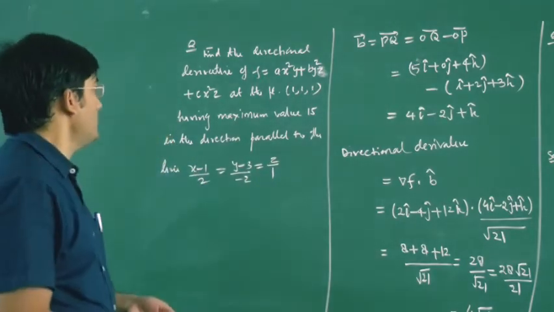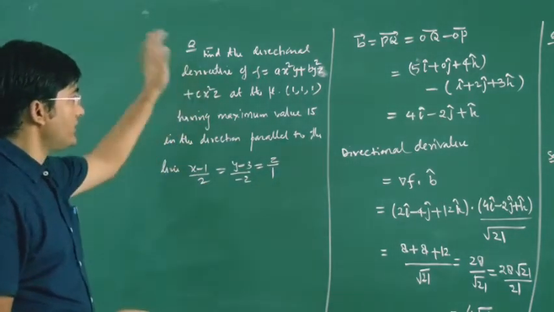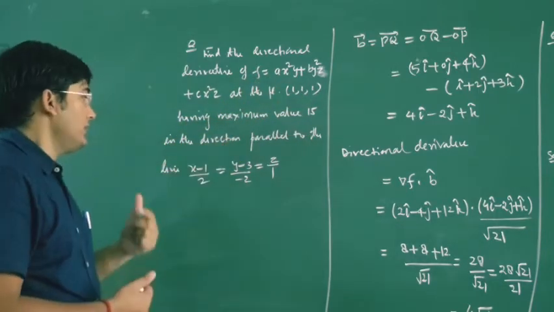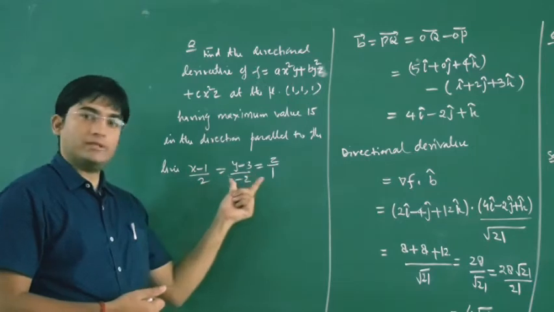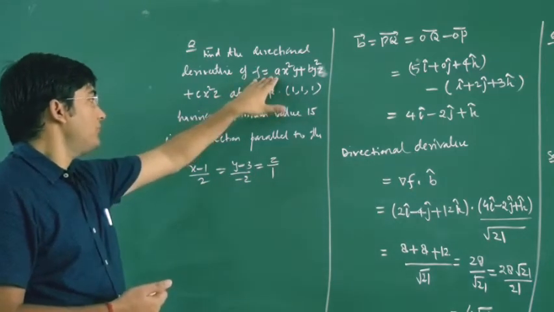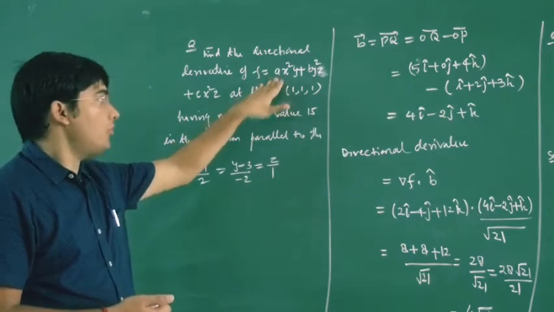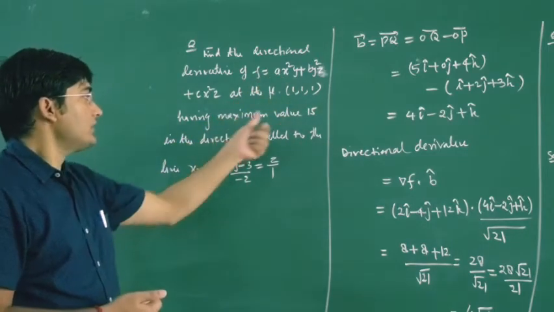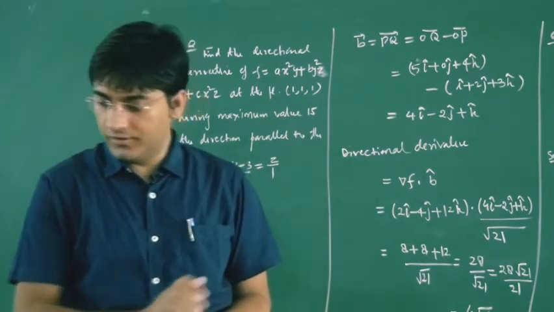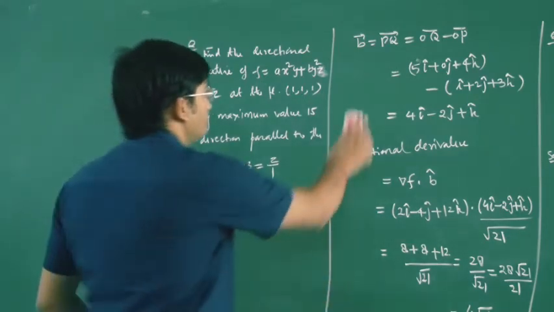So here we have to evaluate the directional derivative of f at this point in the direction parallel to this line, and it is also given that the maximum value of this directional derivative is 15, and the maximum value is mod of grad f. So solution,